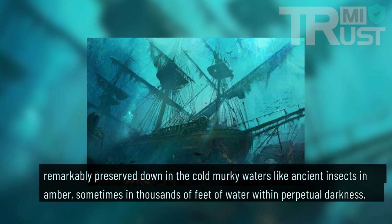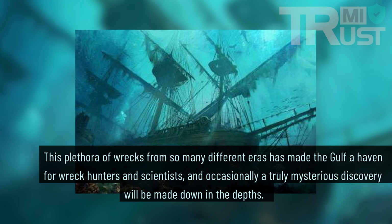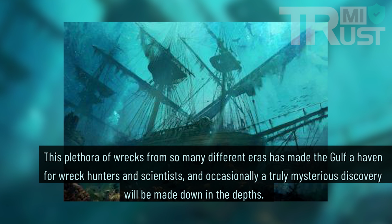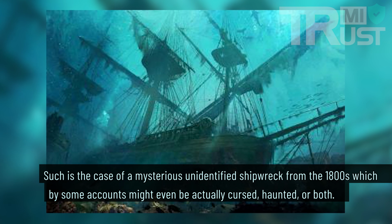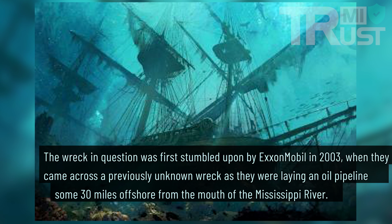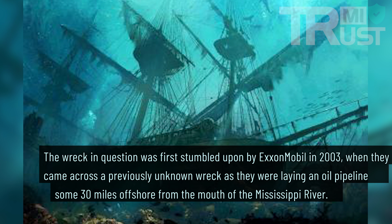water within perpetual darkness. This plethora of wrecks from so many different eras has made the Gulf a haven for wreck hunters and scientists, and occasionally a truly mysterious discovery will be made down in the depths. Such is the case of a mysterious unidentified shipwreck from the 1800s, which by some accounts might even be actually cursed, haunted, or both. The wreck in question was first stumbled upon by ExxonMobil in 2003 when they came across